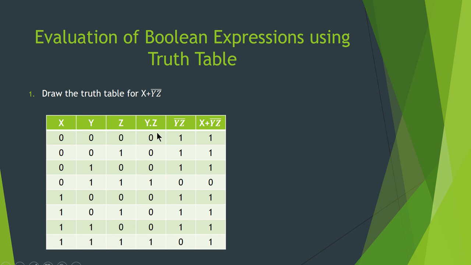How will you write y multiplied by z? 0 multiplied by 0, that is 0 and 0, the value is 0. When will you get the value as 1? Only when both the inputs are high. So for all the other inputs it is 0. Only when y and z values are 1, the output is 1. So 0 0 0 0 1 0 1 0 0 1 1, it's 1. Now this is the yz result.